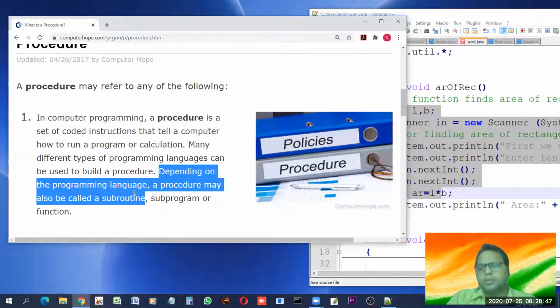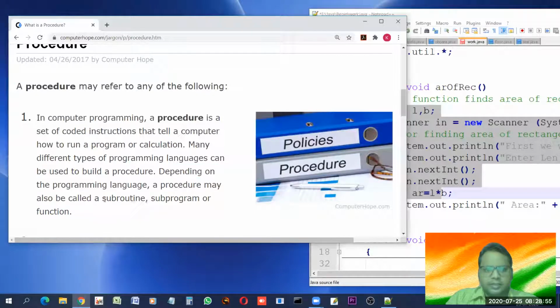That depends on the language, and in different programming languages we call these procedures by different names. In a few languages, we call the same thing a subroutine. We also call them subprogram, we also call them functions, and we also call them methods. Methods is not mentioned here, but we call it that too.